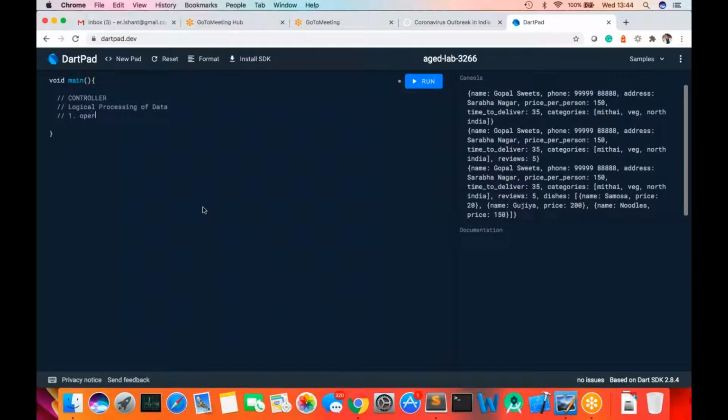It is divided into three categories. The first one is operators. Why do you need to use operators? For mathematical computations. Number two is the conditional flows. Why do you need conditional flows? So as to decide what or where the control shall move